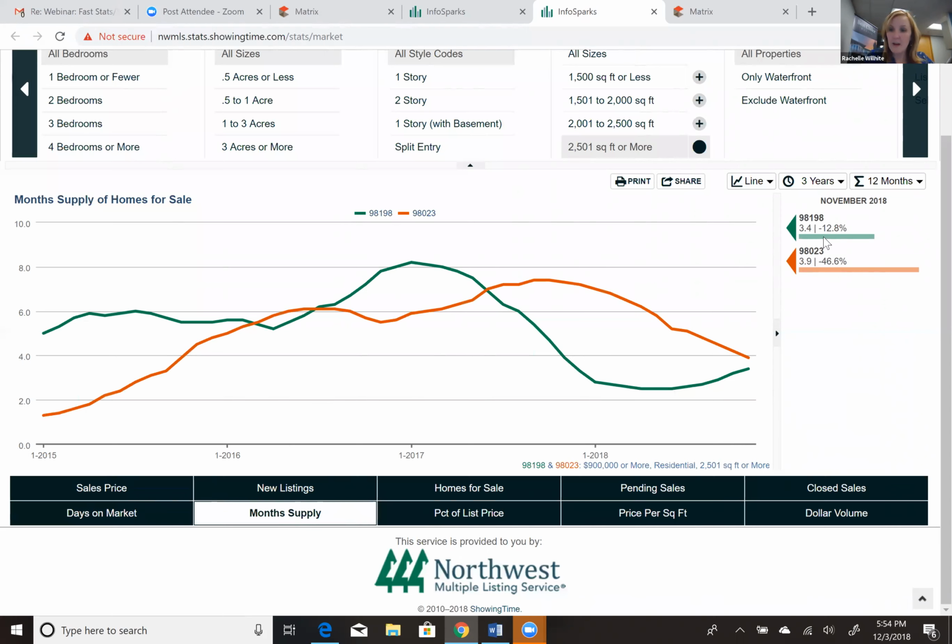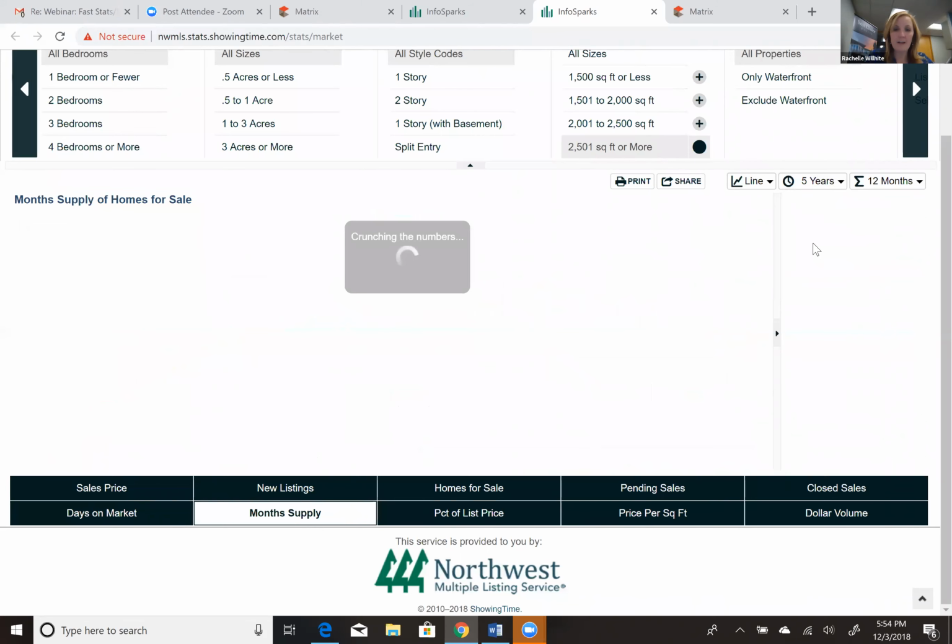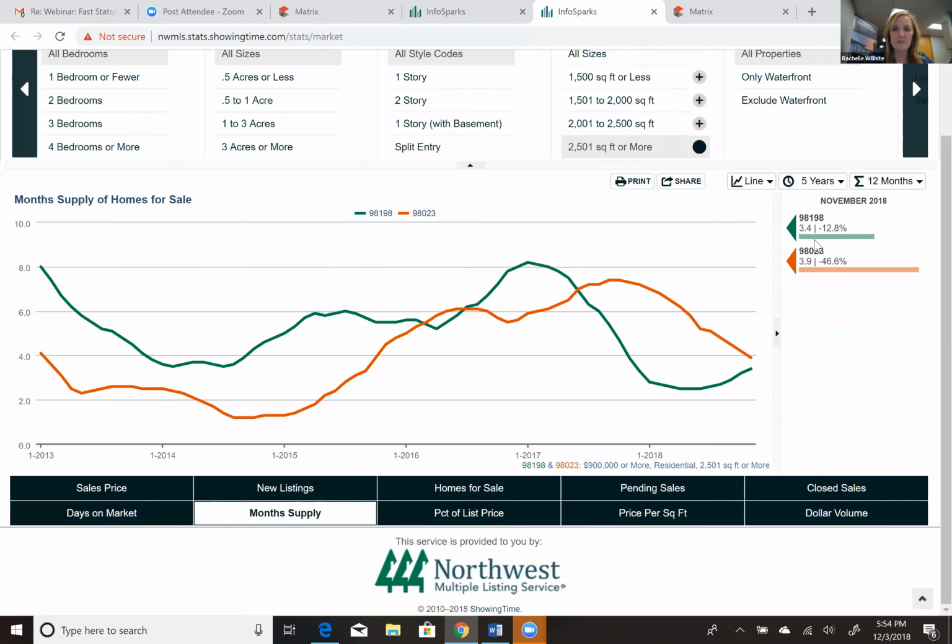So if we look right now, we are in a balanced market for both 98198 and 98023 because we are in that range of 2 to 4. But notice how unique this is. It's very interesting to me that one zip code is different than the other zip code, but they follow some sort of alignment over the last 3 years. We can go back and look at 5 years and see how that fares. So you can get a lot of information that might be helpful to your seller or your analytic you're working